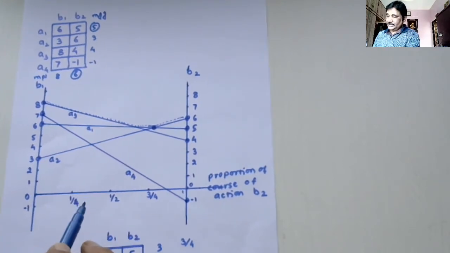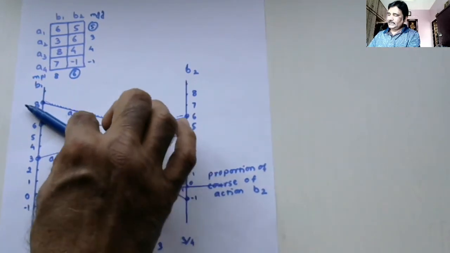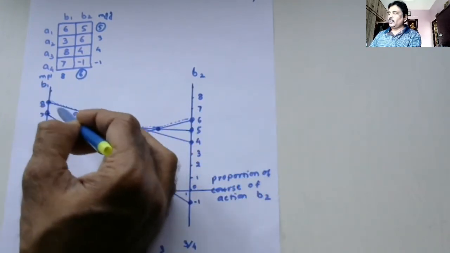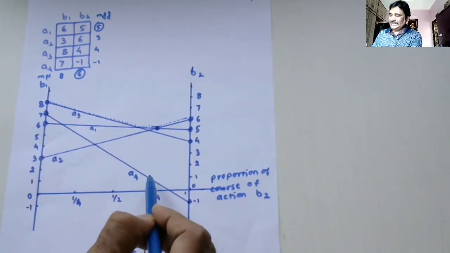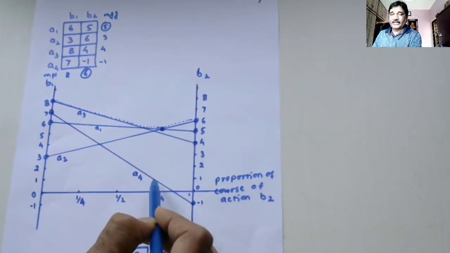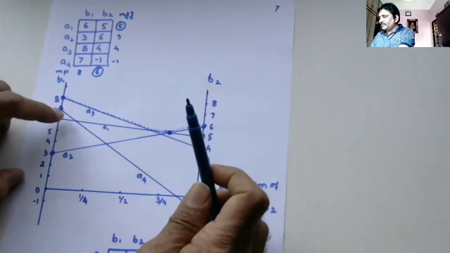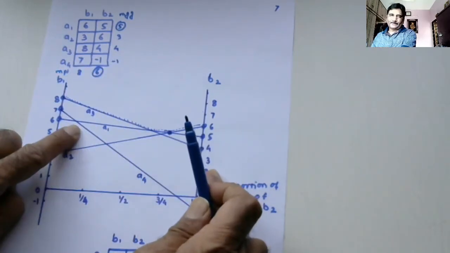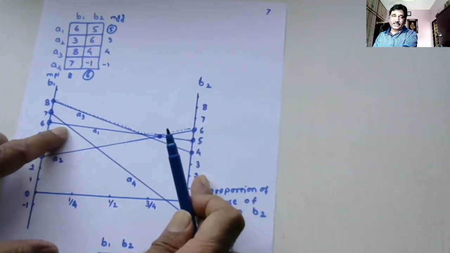Okay, so there are some more things which I'll be discussing. This line you are seeing is nowhere coming into picture in my play zone. It is well suppressed. So your graph also tells you about the dominance. This is dominated by some other course of action. You can very well see that A3 must have dominated A4 because all the way A4 is below A3. So dominance you get to know in graphical method also.